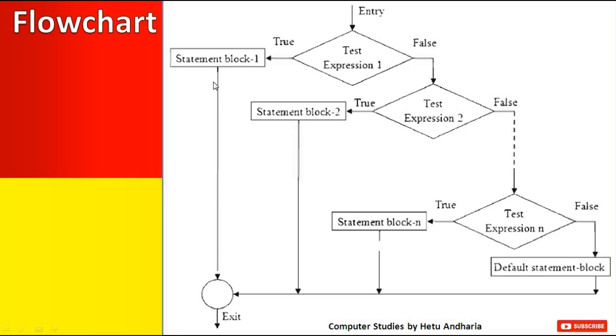Else. If the condition becomes true, that thing will be executed and the program will get over, exit. If that condition doesn't become true, then the false part will be executed. In the false part, whatever test expression you have put, that will be executed. And whatever answer you have given for first class, that will be the answer and the program will get